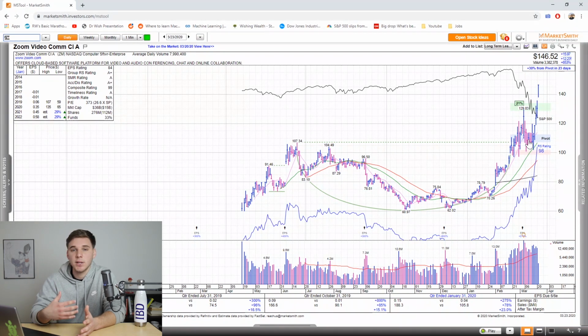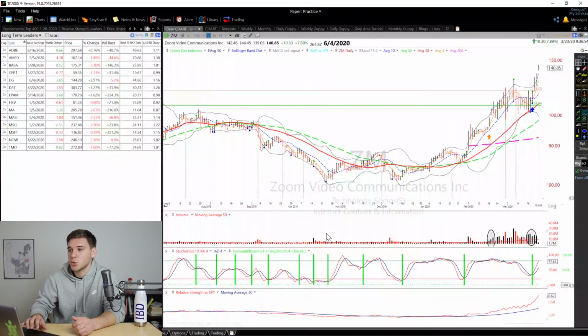And that's key because you want to find stocks that are hitting price new highs and relative strength new highs during a correction. And Zoom was doing both of those. So that's pretty much what drew my eye and basically made me focus in on this stock for my watch list. And now let's go ahead and talk about my actual entry point and what made me buy the stock